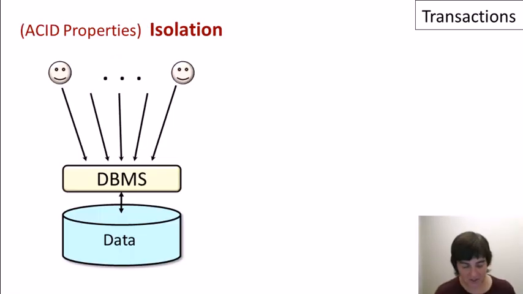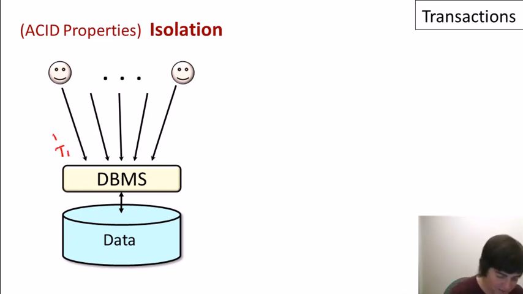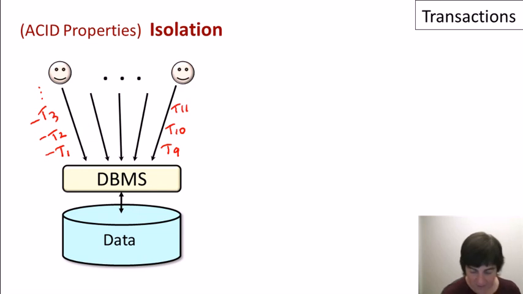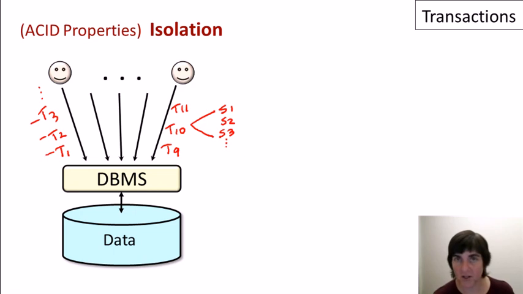So here's the deal with isolation. We'll have a whole bunch of clients operating on our database, and we'd kind of like each client to imagine that they're operating on their own. So as we discussed in the previous video, each client issues to the database system a sequence of transactions. So this first client might be issuing first transaction T1, then T2, T3, and so on. Over here we have T9, T10, T11. And as a reminder, each transaction itself can be a sequence of statements. So this might be statement 1, statement 2, statement 3, and so on. And then those statements will be treated as a unit.